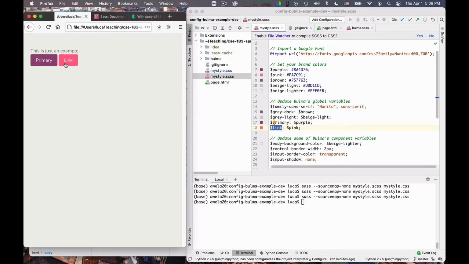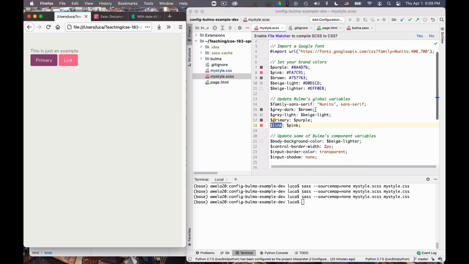So this gives you a very easy way of taking Bulma. Bulma has, in my opinion, a fairly, let's call it, peculiar definition of its basic colors. They don't particularly agree with my taste, but you can use this method of defining your own style SCSS file in order to redefine Bulma global variables and obtain exactly the colors you like. So this gives you a very nice way to customize Bulma without a lot of effort.